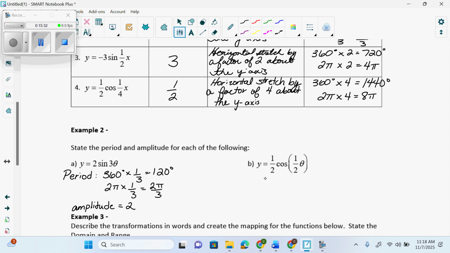This one, the period, equals 360 degrees times 2, which is 720 degrees, or 2 pi times 2, which is 4 pi. And then the amplitude equals,